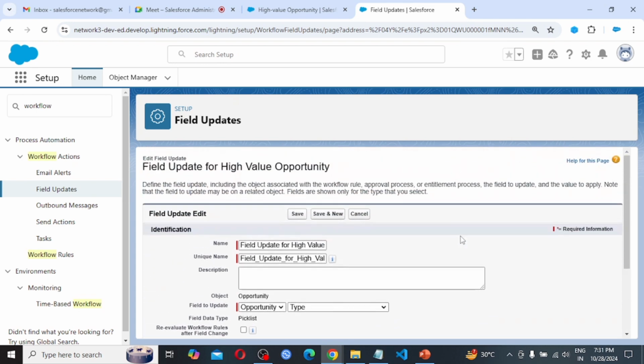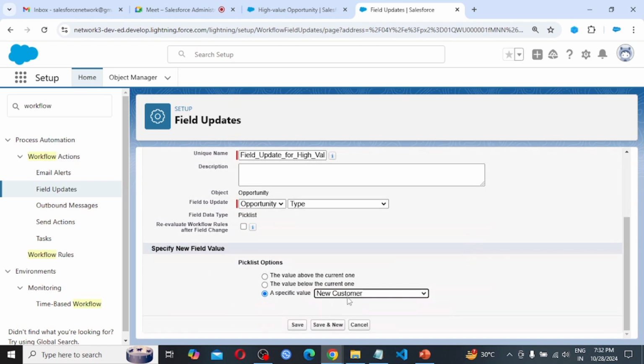So whenever our criteria is meeting, like amount and stage, if it is meeting, it is going to create a task, and also it is going to update the field type, and it is going to make new customer.